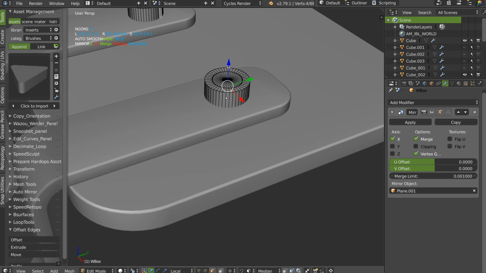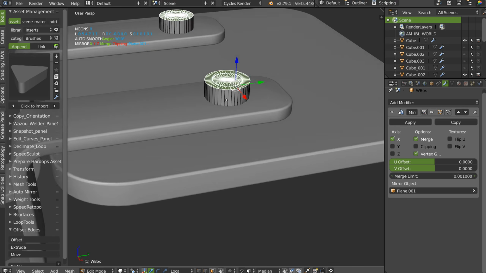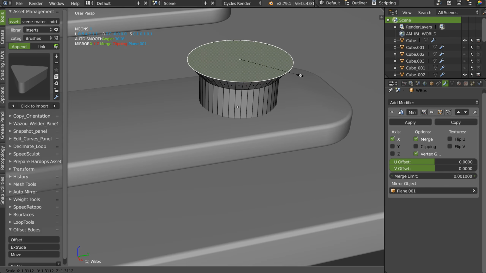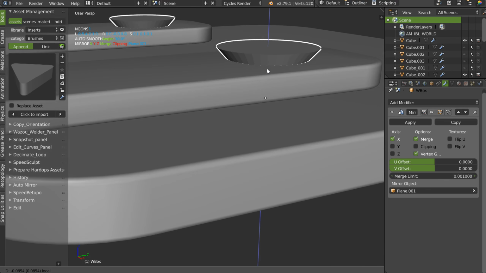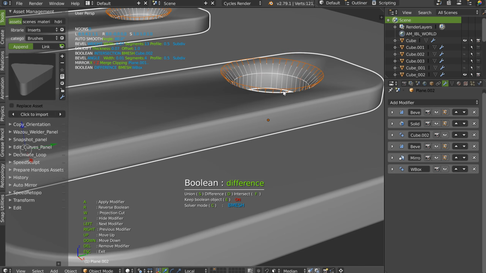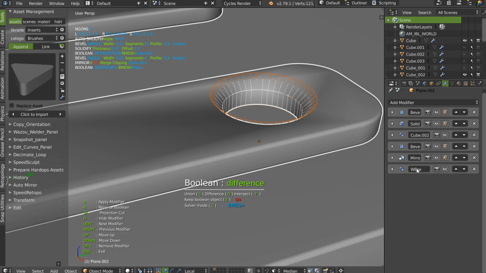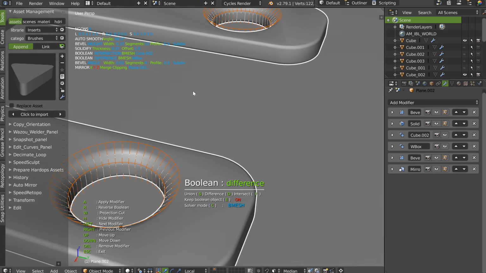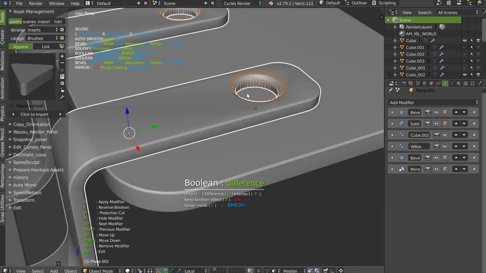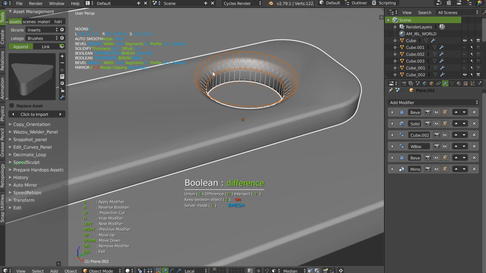I will select this, I will press Ctrl X, I will press E, S, move this, and I will select this one and make an auto smooth, boof, boof, Boolean. So, as you can see, the Boolean object is at the bottom, so I will move it under the previous bevel, this one. Yep. Maybe I can add a new bevel if I want.